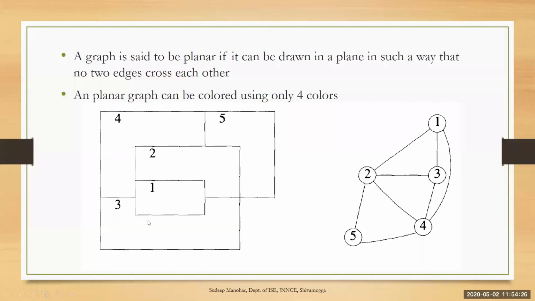So to color all those countries, what is the maximum number of colors needed? Look at this point. Any planar graph, even that atlas map, can be considered a planar graph because there is no overlapping, no two edges cross each other. A planar graph can be colored using only 4 colors. That means a maximum of 4 colors is necessary to color a planar graph, such as this type of graph.